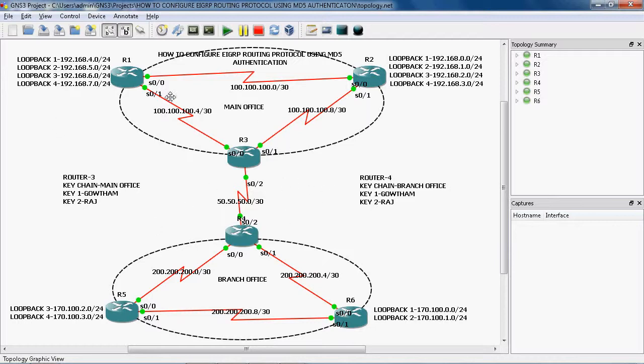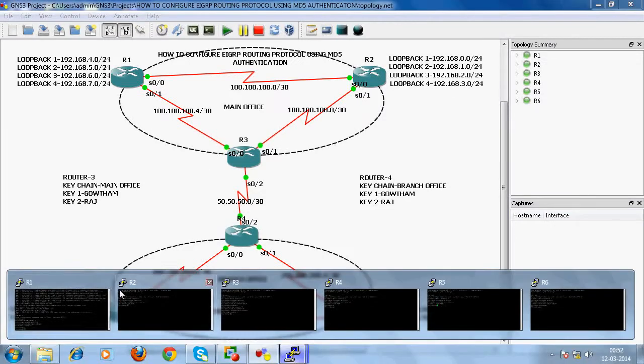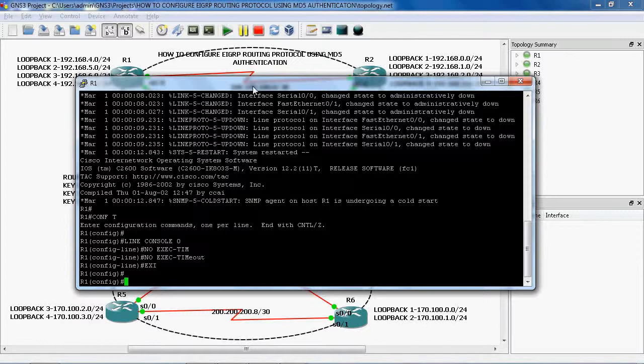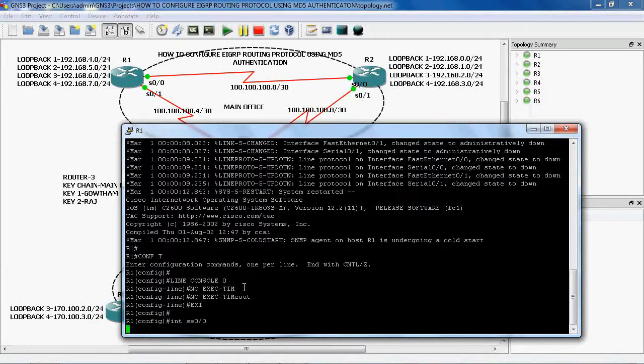Okay. Now we configure the R1 router. We go to global configuration mode. In global mode we go to the particular interface. First of all, we go to interface serial 0/0.